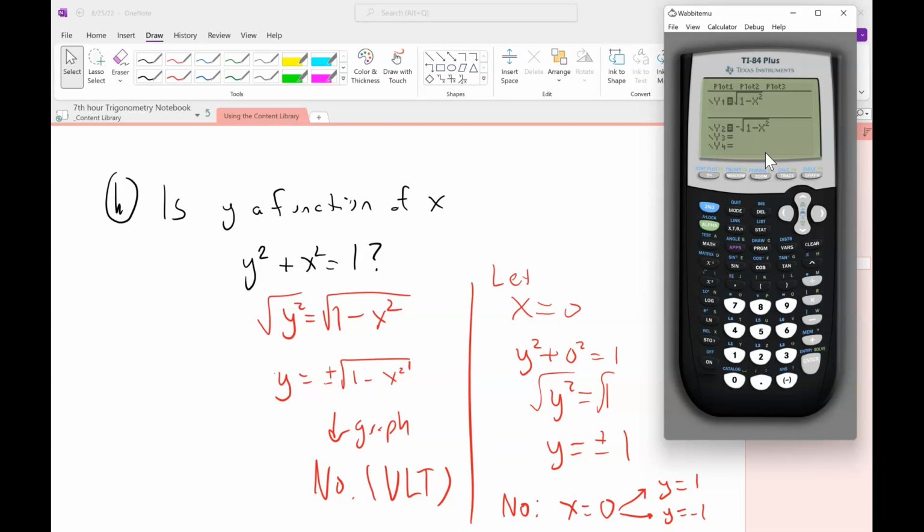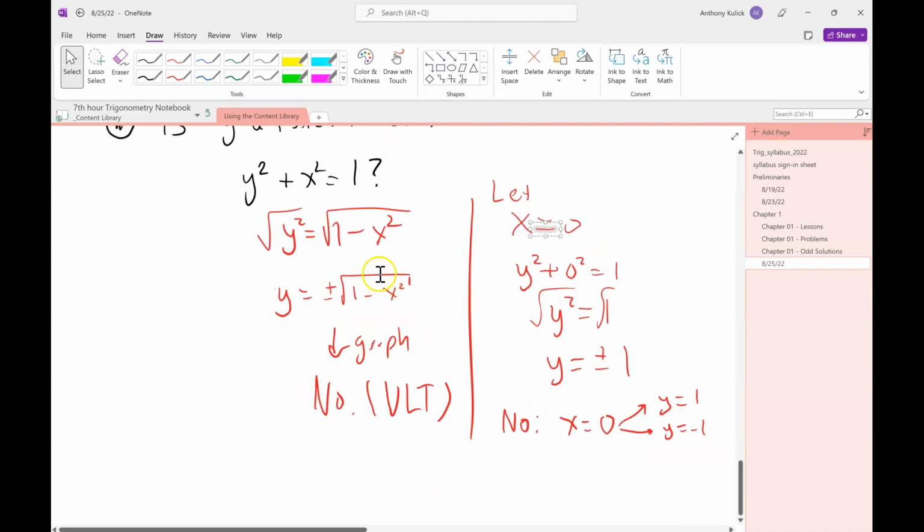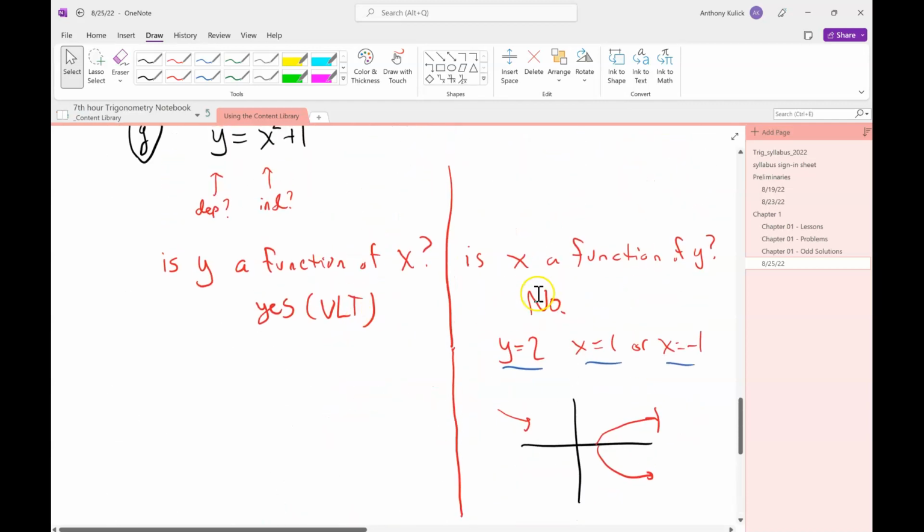What do you guys think? Have you noticed a pattern yet about whether something's a function or not? If you look at these equations, when we rearrange them to get the dependent variable by itself, and we get this plus or minus,